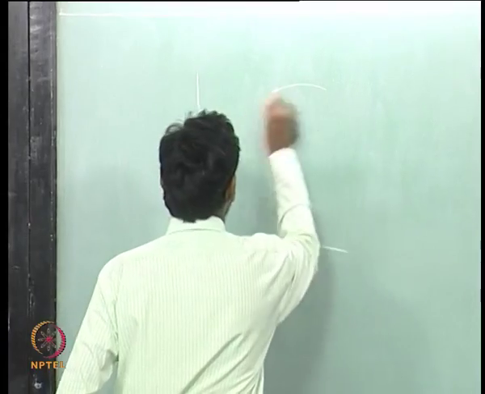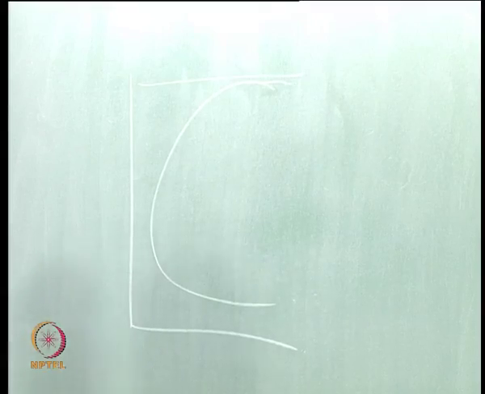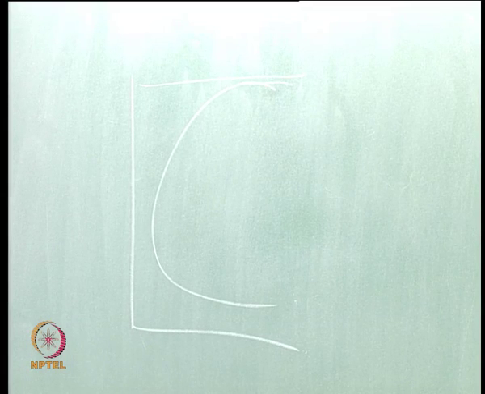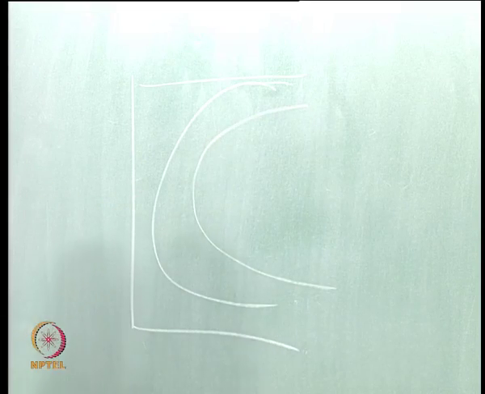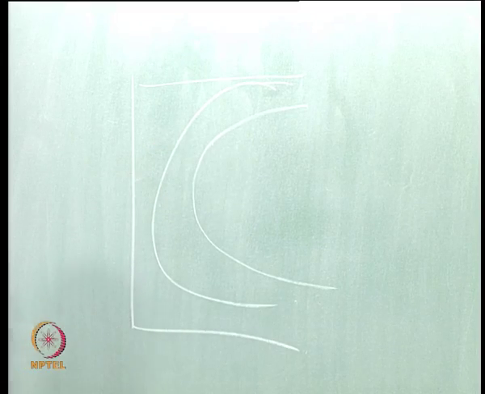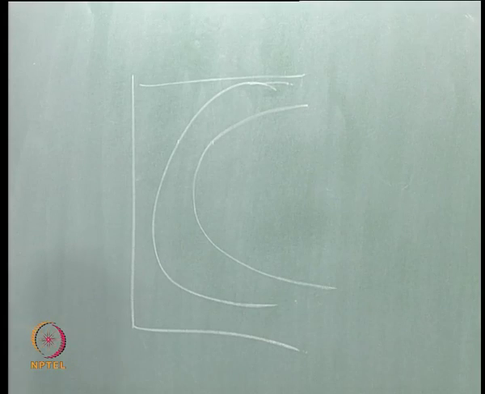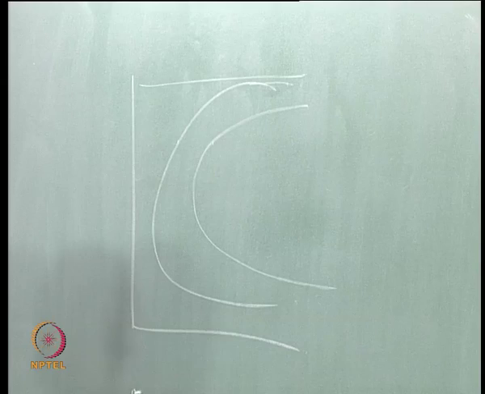If you remember this C shape, which for example we talk about in austenite to pearlite transformation, why is this shape? This is what we call the start of transformation, this is what we call the end of transformation. So that means this is nucleation, this is the end of growth. Why does it have a C shape? Basically because the nucleation and growth